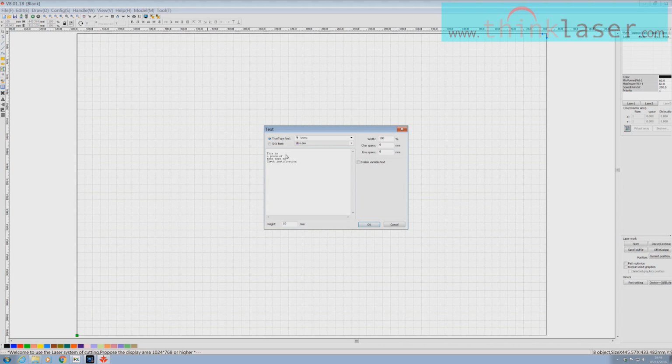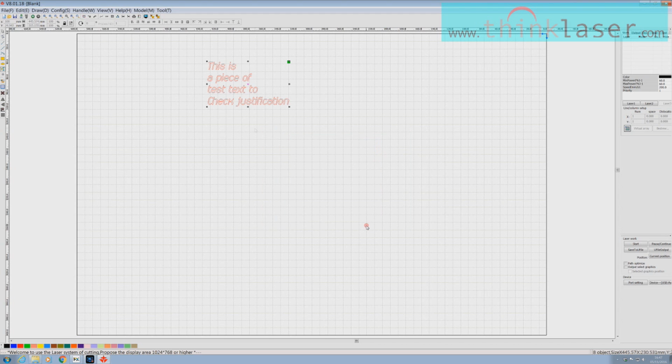But you get this box open, and I've already filled this box with a little piece of text, which we can change to all sorts of fonts if we wish. Let's just change that to something a little bit fancy. Let's try that one. Okay, you can see clearly that it's come in a box that I can move around